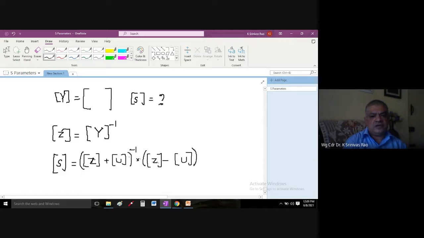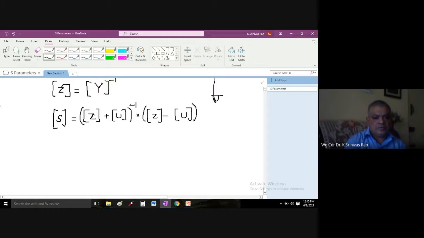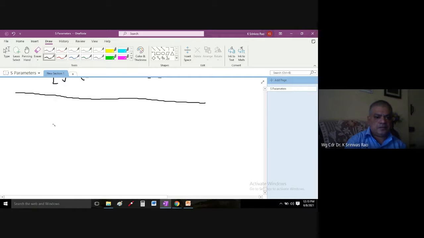Once you do that, again follow the same procedure we used in the previous problem, so you'll be able to solve it. Now such questions will also come. There may be a question vice versa. Vice versa means they will give you the S matrix values,